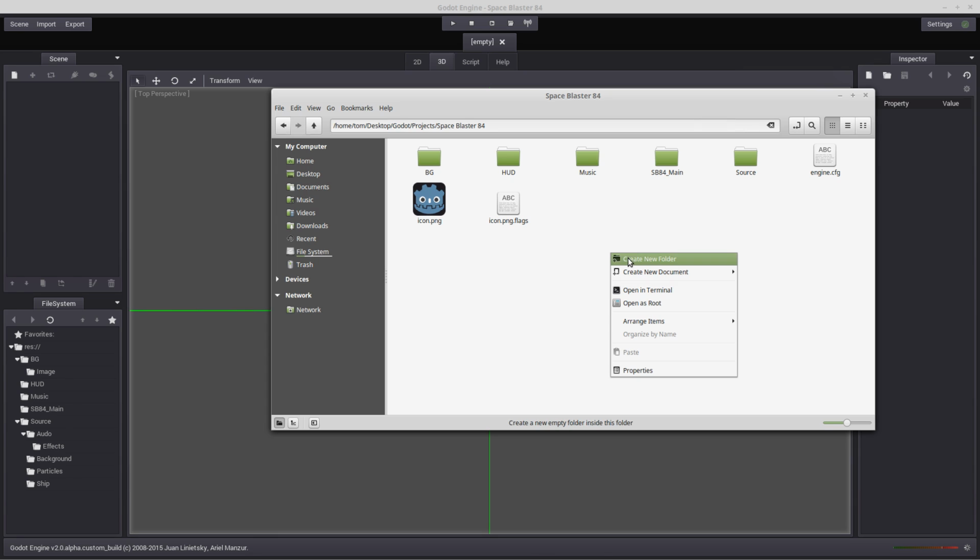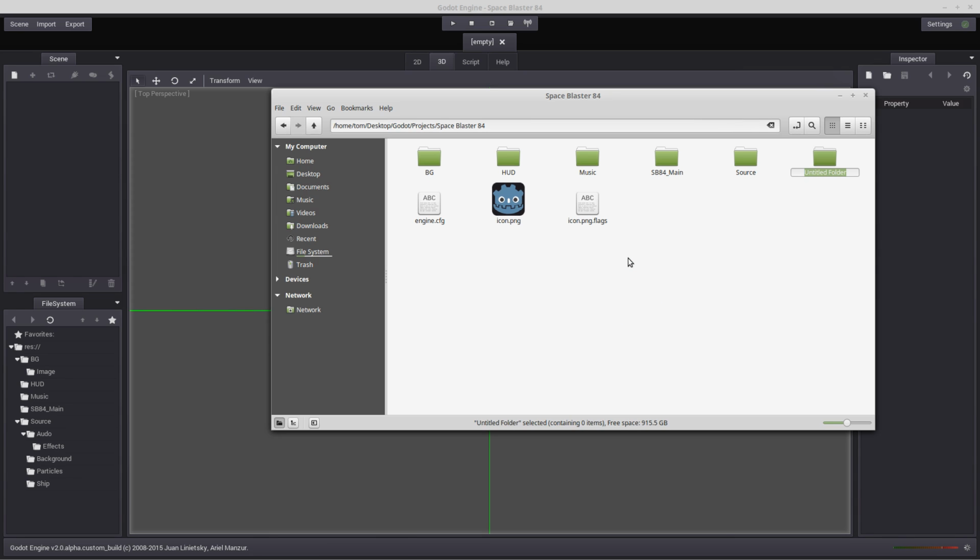We'll create a new folder and we're just going to call it ship. And in this folder we'll create an image folder. And we need to put the ship image in that folder. So let's back up to the source files, and we'll go into source and we'll go to the ship folder, and that's where I have my Alien 2